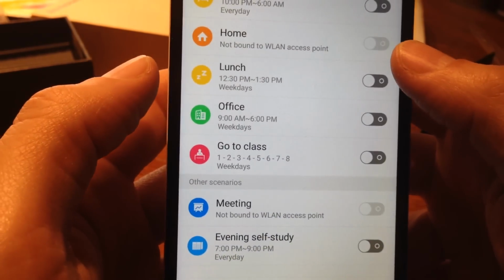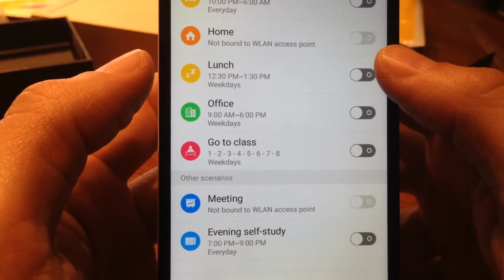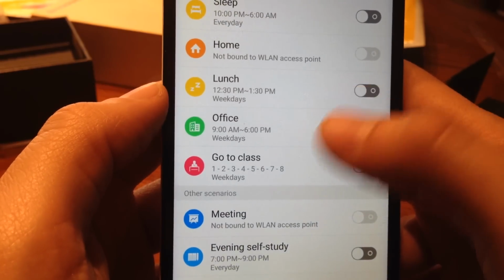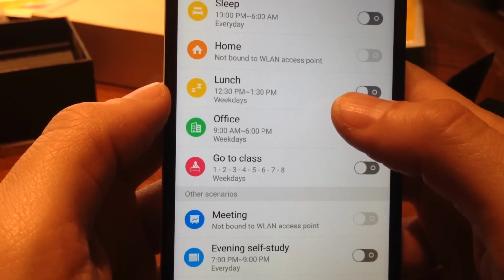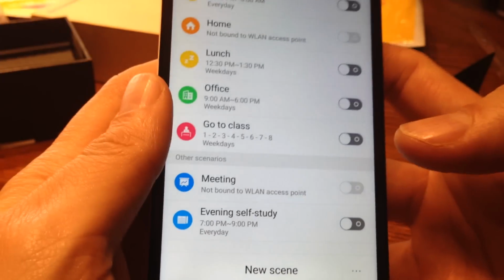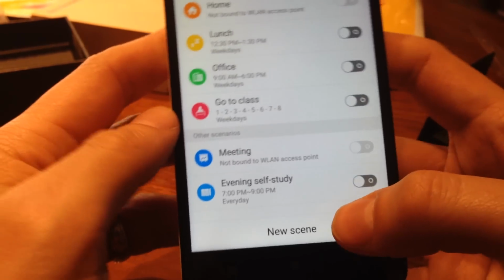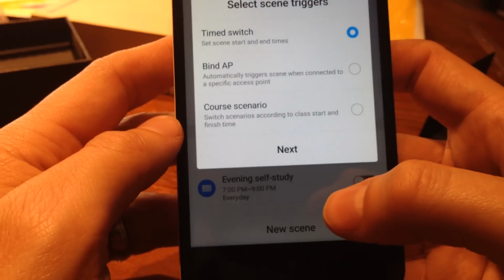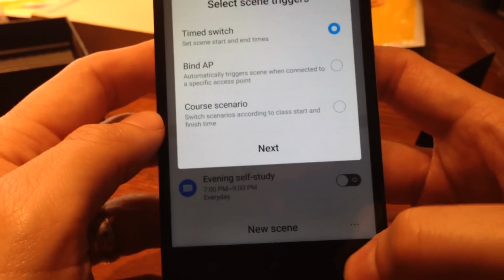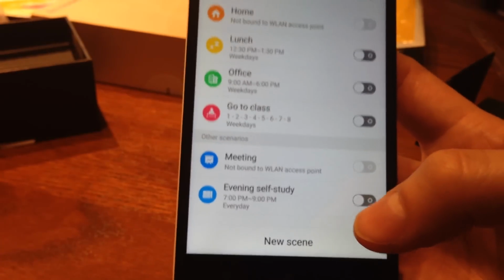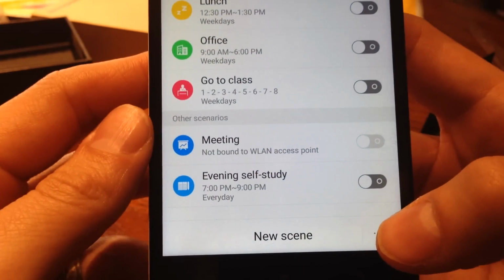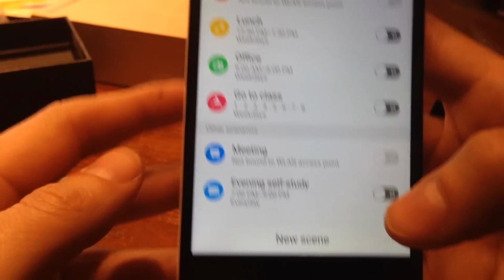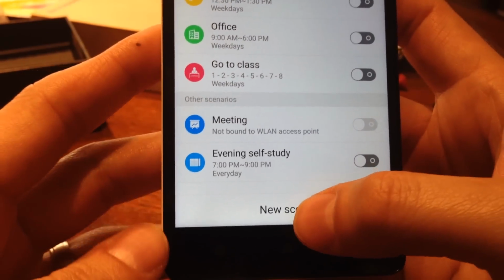If they had some other stuff like the ability to detect when you're connected via Bluetooth to the car, for example, to turn on a car mode or launch up a music app or your navigation or something like that, might be interesting, but it doesn't look like there's that much in the way of when you set up a new... okay, well, let's hold on a second. It doesn't look like there's much in at least the frequently used ones that are set up,